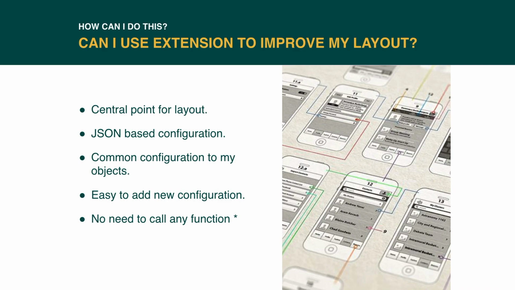So I said, okay, maybe JSON would work. I want a common configuration of my objects, because I need to set the configurations for all my UI view objects, UI label options, and so on and so on. So I need a common way, a common pattern that I could set for all these guys. So one of the things that I want to fix